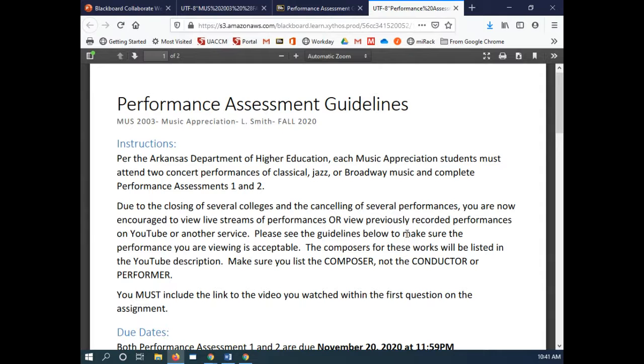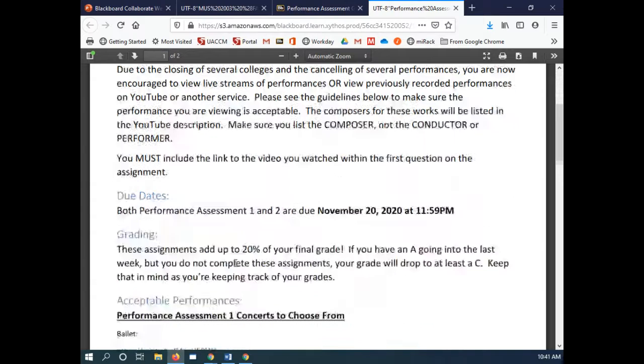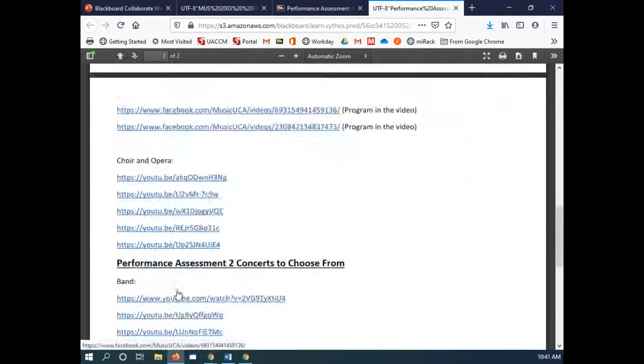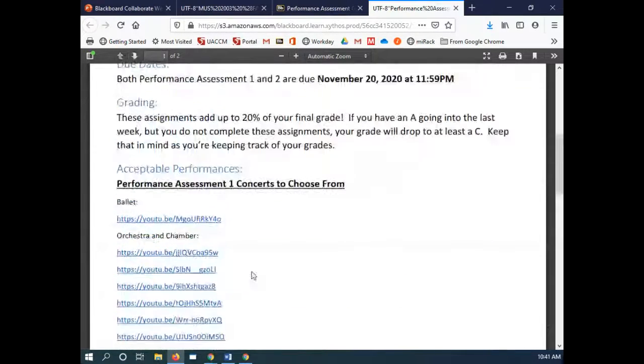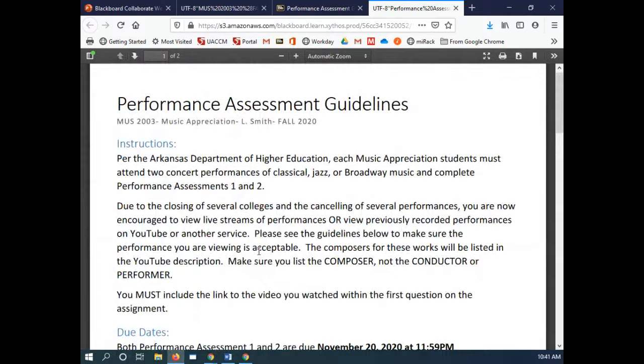Instead of having to go and attend a live concert, you just have to listen to a live concert and watch a video of it. Okay? So that makes things a lot easier for you. Number one, that means that you don't have to necessarily worry about going and finding a concert to go to because I have a list of all the appropriate videos that you can use. Okay? That does limit you a little bit because of the way that I'm doing it. Just to make things easier for all of us, you have to use one of the videos that's linked here